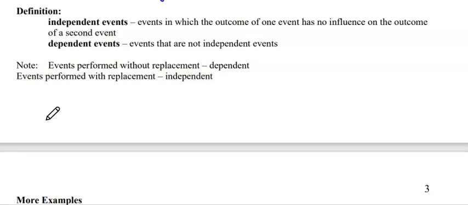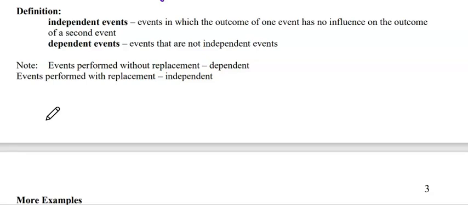Another note I have for you here: anytime we do an event that is not replaced, that's going to be dependent. Just like, if I have a drawer with socks and I randomly pull a sock out, when I go in to pull the next sock, the probability of what I get has changed depending on what I got the first time I reached in and grabbed a sock. It's because the first sock was not replaced. Dependent events,